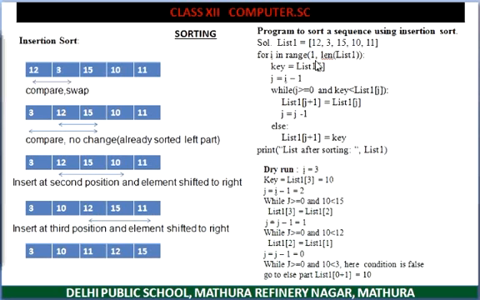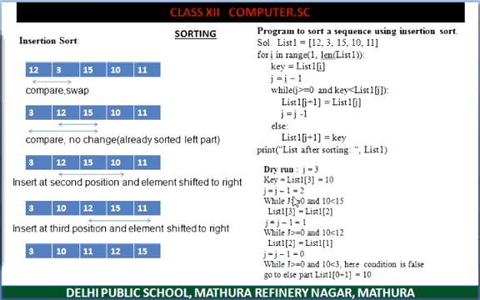For loop. The for loop will start from 1 to length of list minus 1. Now key is equal to list1[i]. So the element which you want to sort, store in key. Now the while loop. With the help of the while loop, all the elements are shifted to the right-hand side. Then after the while loop, list1[j+1] is equal to key. So the element which you want to insert at the appropriate position, with the help of this statement you can insert the element at the appropriate position. And with the help of the print statement, you can print the list.